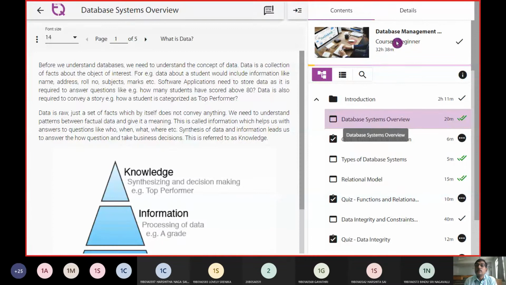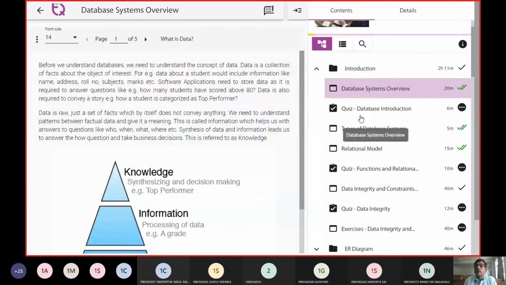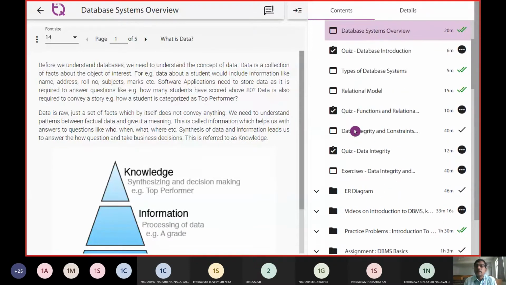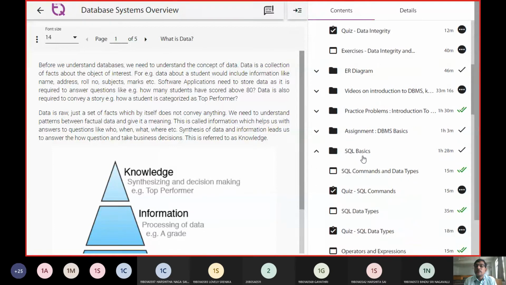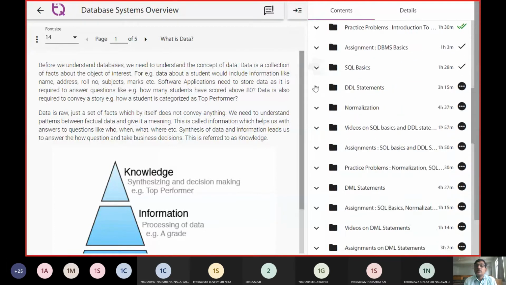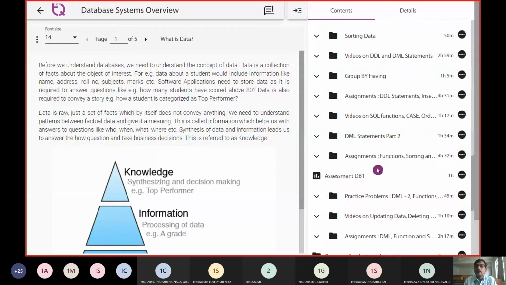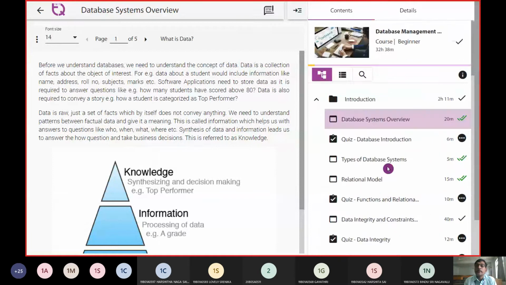So now you can see the window where it deals up with the introduction part, ER diagrams, SQL part. In this way, it does a module by module allocated. So let us go through each and every content in detail.